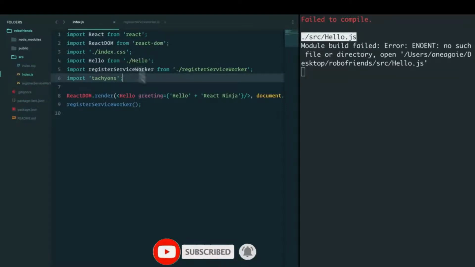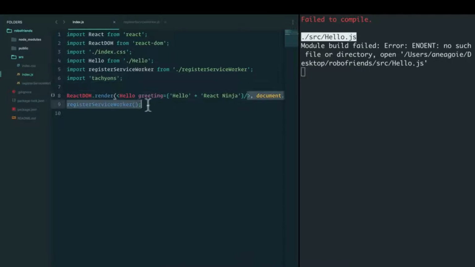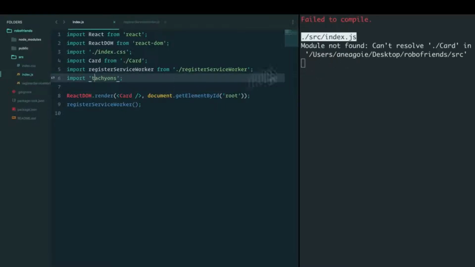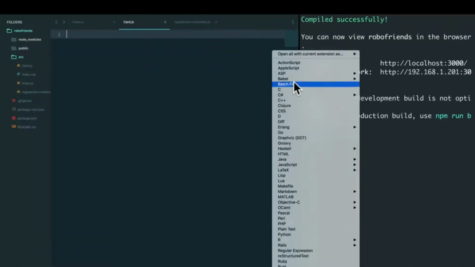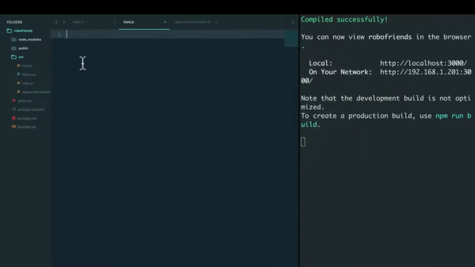We don't have anything. So let's start off with this. Let's start off by creating a card component. And this card component, we'll have to import it from card.js. Again, if I save this, still get an error because it doesn't exist. So let's create it. I'm going to say new file, card.js. Again, making sure that this is using Babel. And let's do what we've done before. We do import